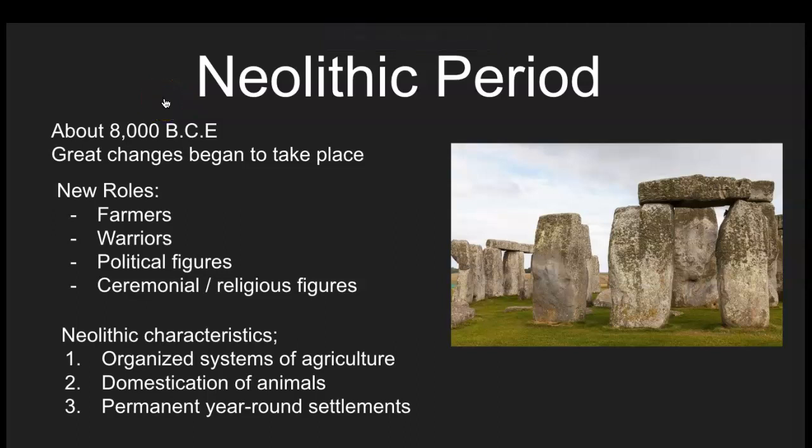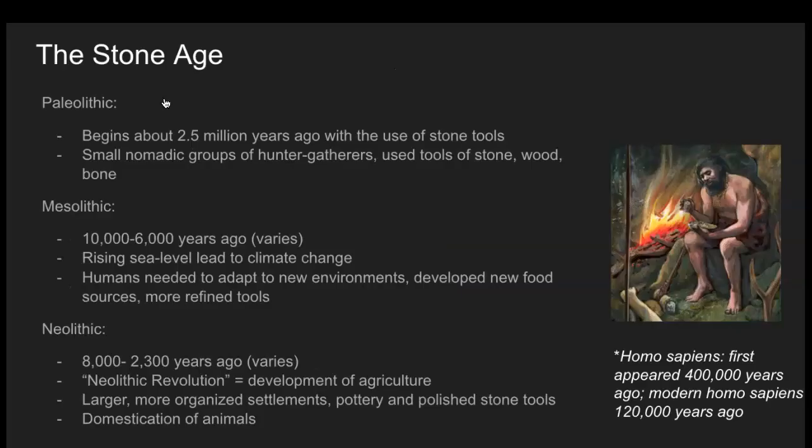Now we are going to move on to the Neolithic period, which is that late period of the Stone Age, the last period of the Stone Age. And if we look back at our slide that went through the different ages of the Stone Age, we have spent the last few lectures talking about sites and artifacts that come from the Paleolithic period. And then we have the Mesolithic period, which we're kind of skipping over a bit, but there's some major changes that happen during the Mesolithic period that lead up to the Neolithic period, namely those climate changes and the innovations